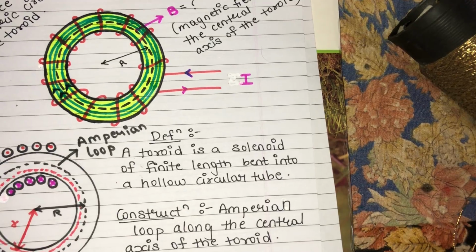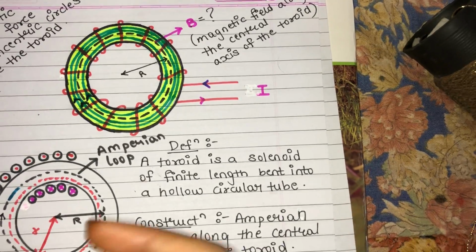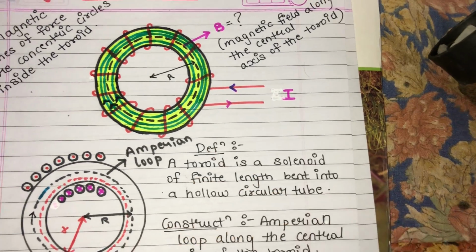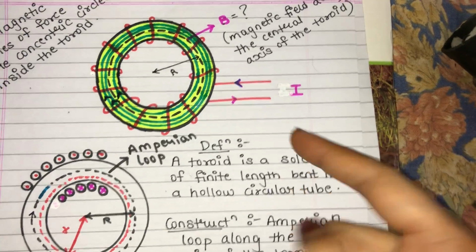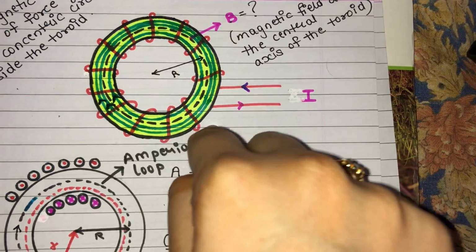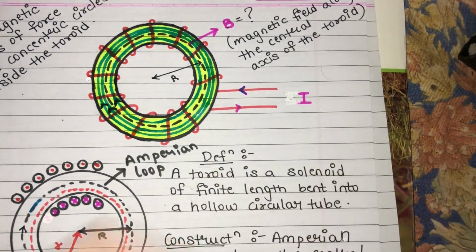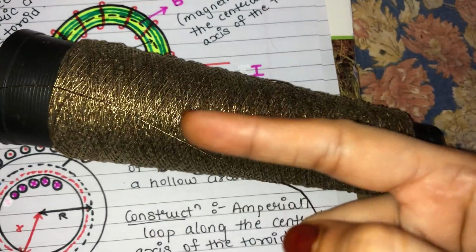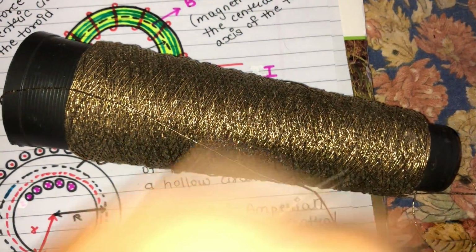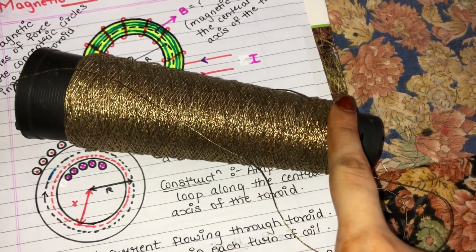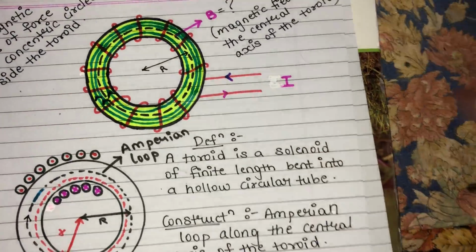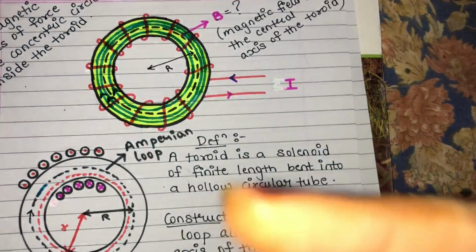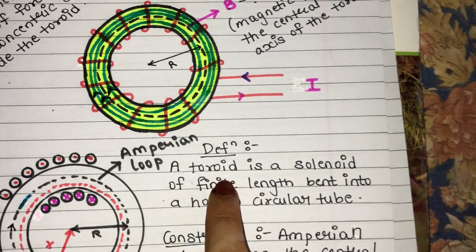of a donut. You can say a donut or a tube, which we see in resorts, that round tube, and it is hollow from inside, right? So in a toroid the conductor is hollow from inside and a wire is wound on it. How is the wire wound? Similar to the format we have seen in solenoid. Similarly in a toroid, which is a tube shape, the wire is wound, and whatever is obtained by winding the wires is known as a toroid.